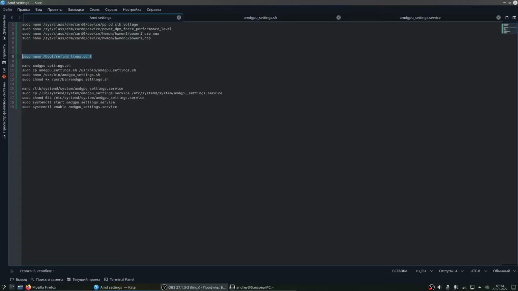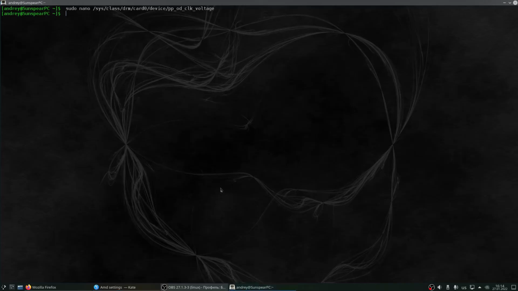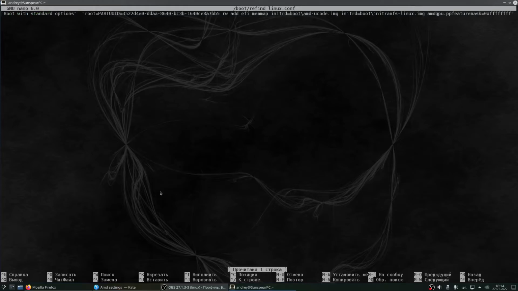You need to change the file boot/refind_linux.conf. So you open the rEFInd Linux configuration, and you need to add amdgpu.ppfeaturemask=0xFFFFFFFF.